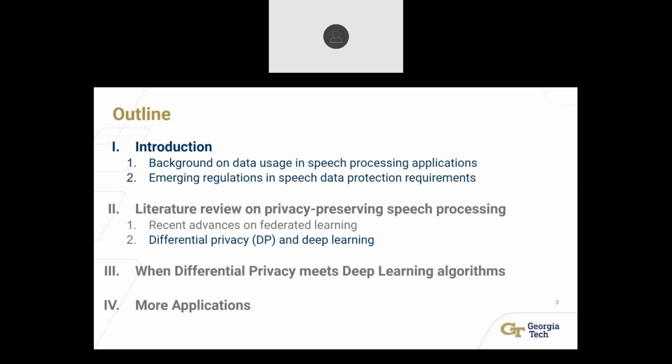All right, so for today, we don't require any background on privacy preserving, but we'll highlight why there are some new data usage issues related to differential privacy, and we'll give speech as the application case. And more importantly,